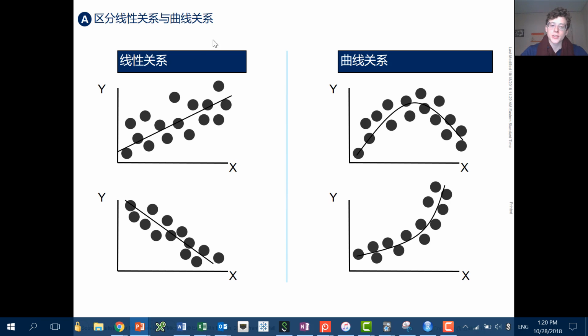For our two examples on the left-hand side, we have linear relationships. It's very clear. It's a straight line up, it's a straight line down. This is probably a little bit more correlated than this. But to the human eye, if we look at these two, we would say, oh, there's definitely a relationship. It kind of looks like an upside down U, or it looks like it's speeding up. It's exponential. And this is what we saw before, you might have no relationship if you're just doing a linear line. So the linear line here might be right here. But that doesn't mean there's not a relationship.